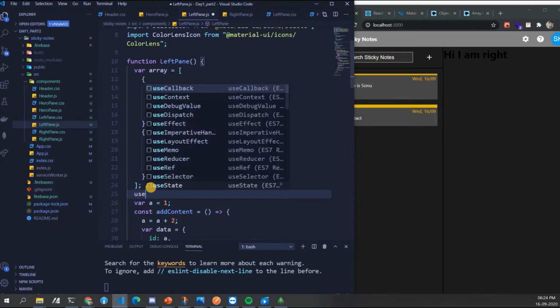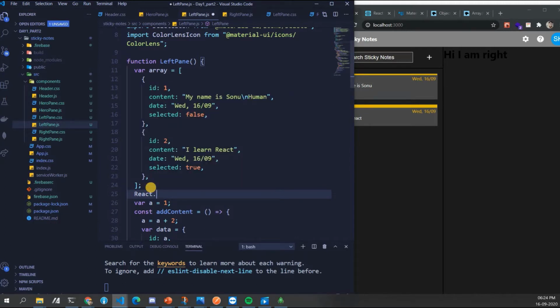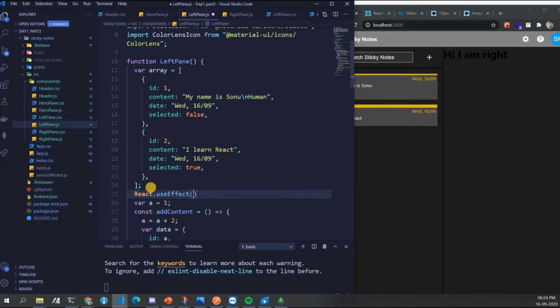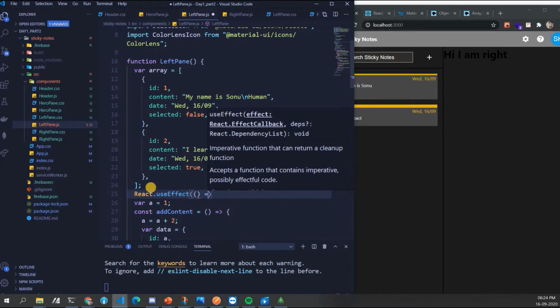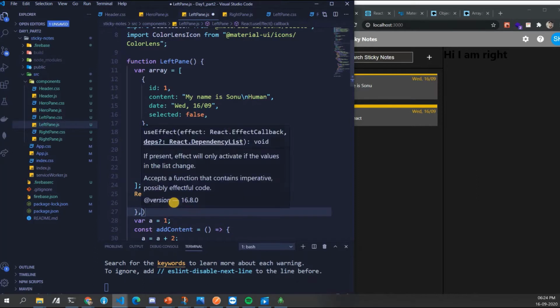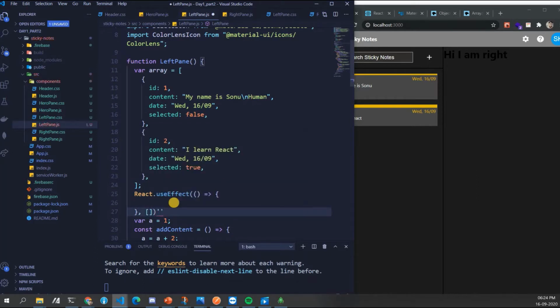So let's do this. React.useEffect. Now what this will do is make sure that any change in data is captured. You mentioned a term here, hook.